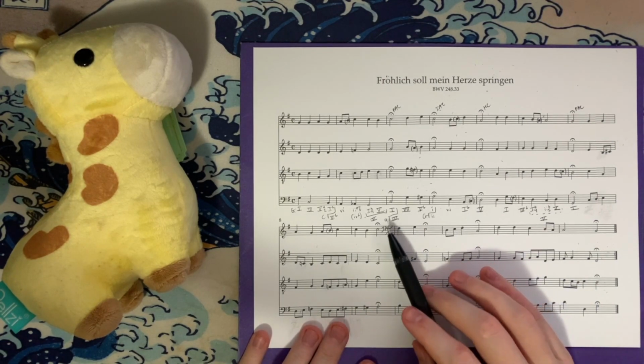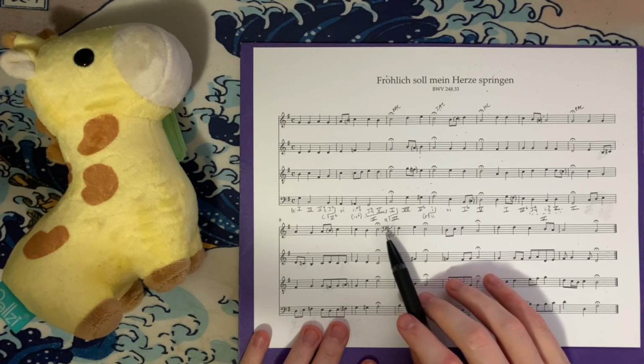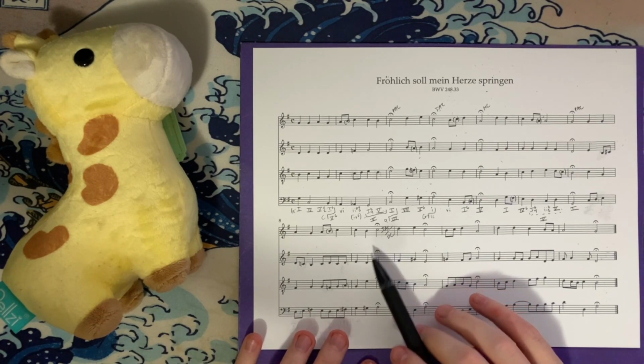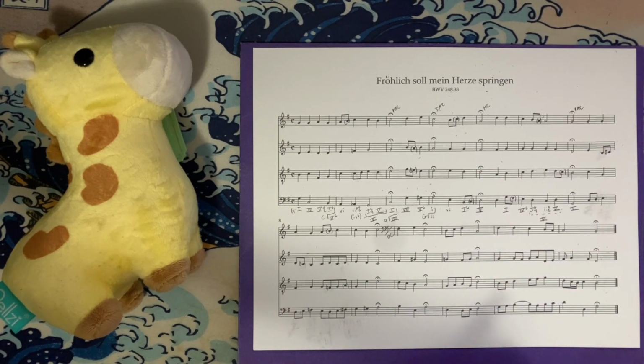So I already have written here that this is an imperfect authentic cadence in the key of A minor. However, this has serious deceptive cadence vibes in terms of how it ultimately just sneaks up on us, but I think ultimately it is an imperfect authentic cadence, though there is an argument to be made that it is a deceptive cadence as well. So starting things off in the key of G, we start off with C major,